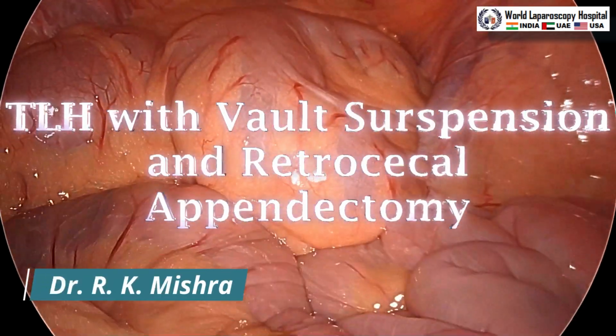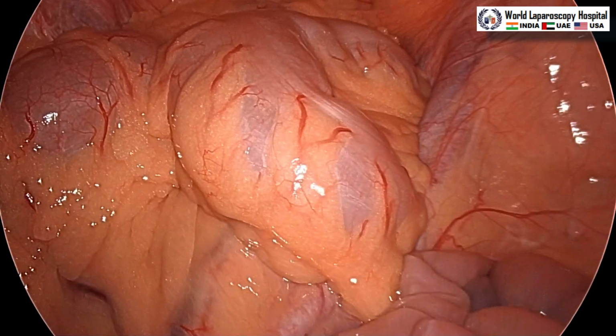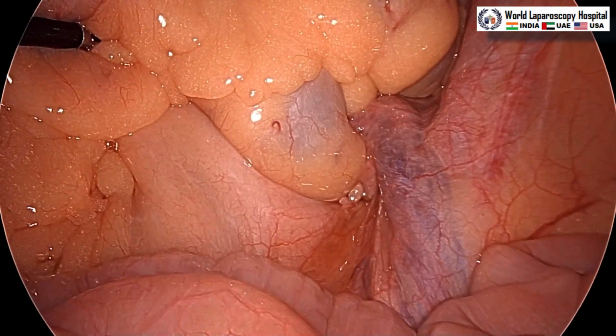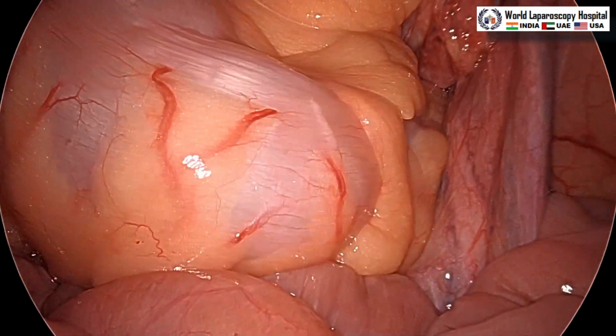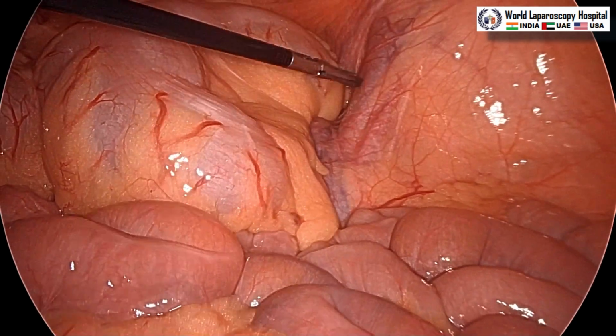Hello friends, this is a case of total laparoscopic hysterectomy and we will do vault suspension with the round ligament because this patient has grade 1 uterine prolapse. We can see the ureter here, it is visible, and this is the IP ligament, this is the external iliac artery and